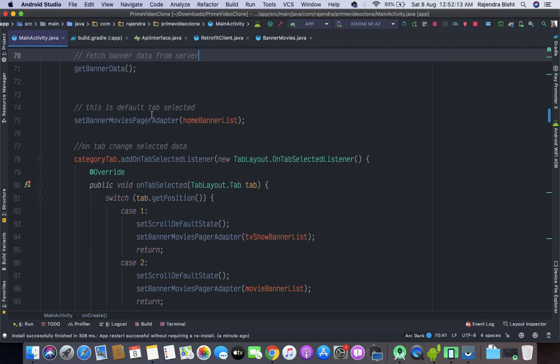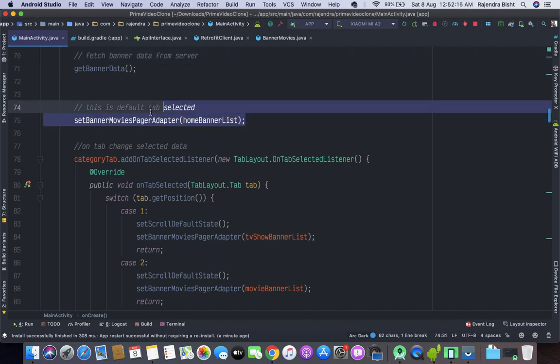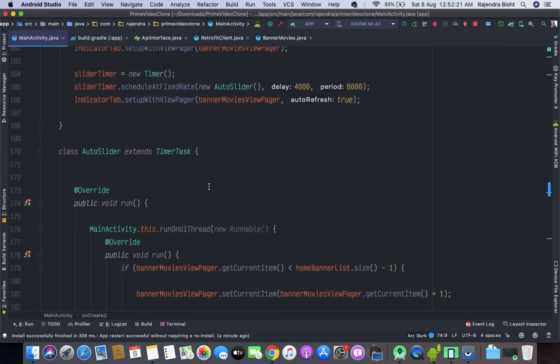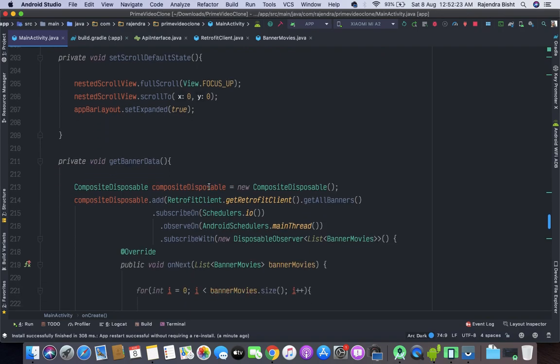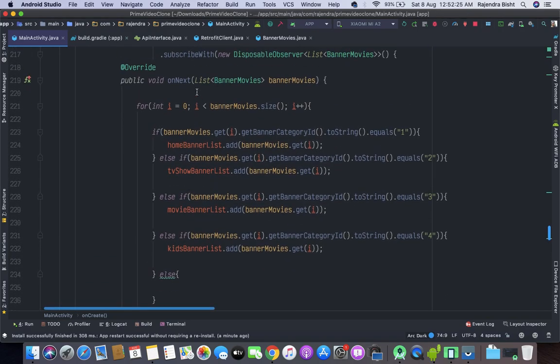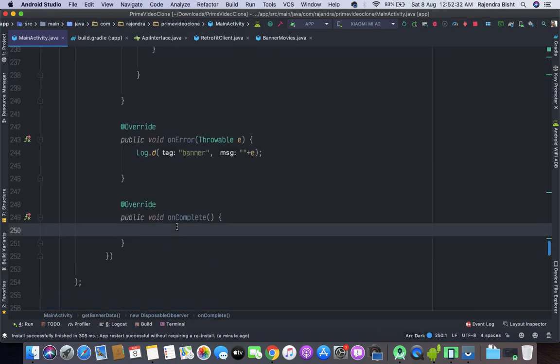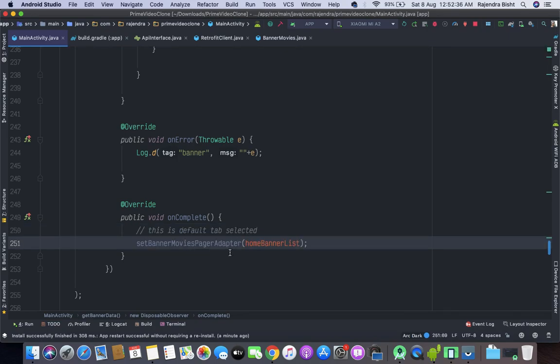Okay, so here is our default tab selected. I am just going to cut this and we will paste it inside our on complete method, because inside the on next method we have the data, and as soon as our API fetches the data, then we will set the home banner list. So I hope this will work.